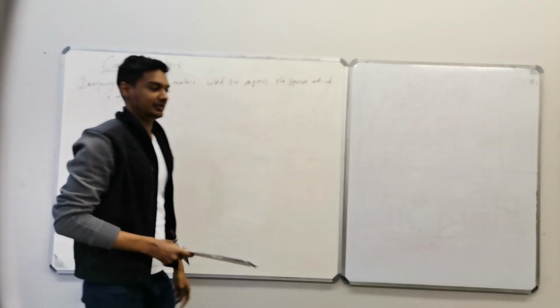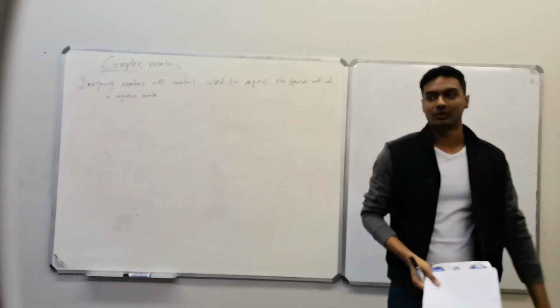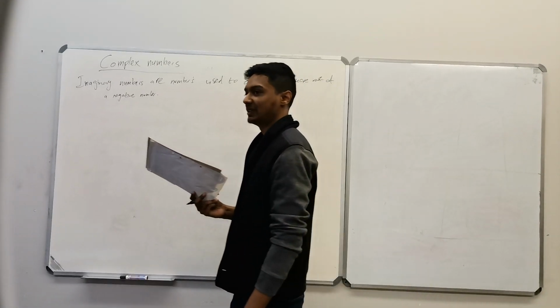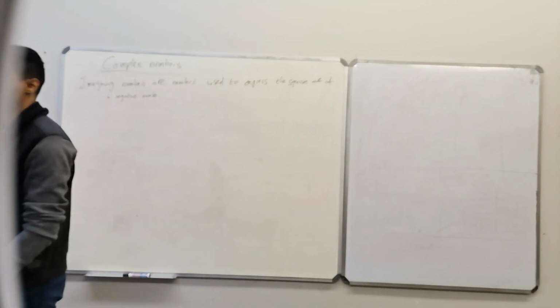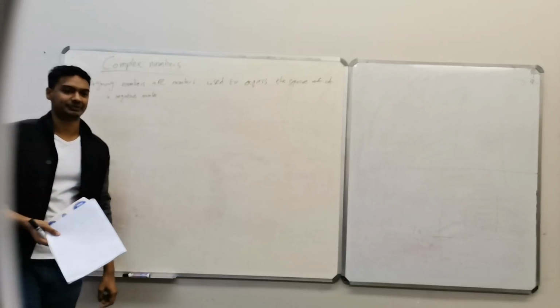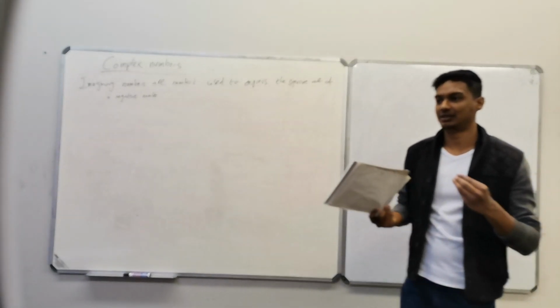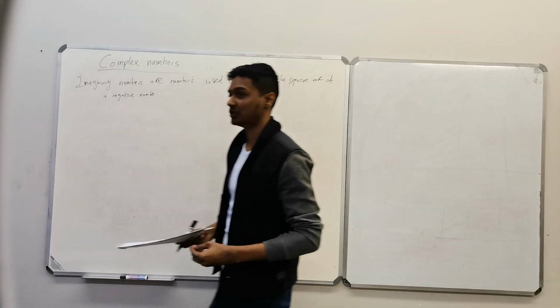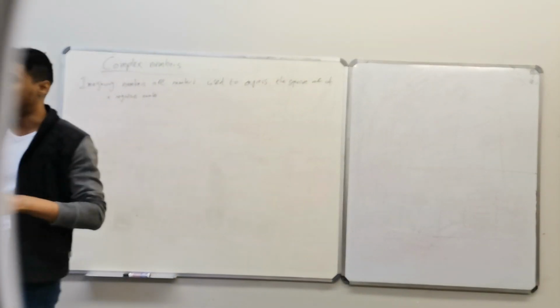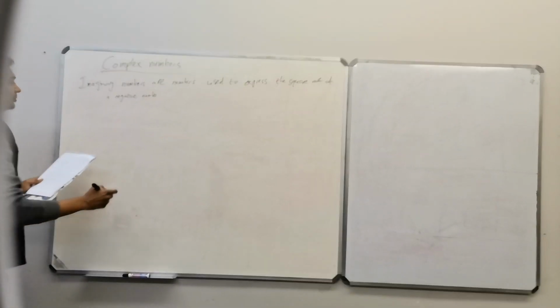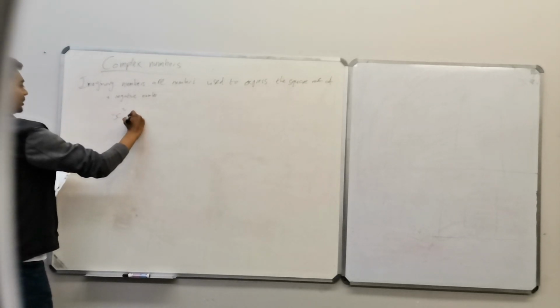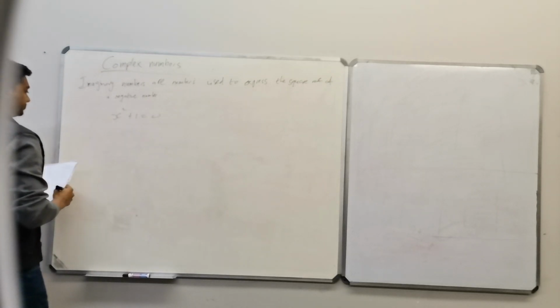Okay, that's a good definition of it. If you ever tried square rooting a negative number, you always say error. But sometimes we do get square roots of negative numbers in our solutions, and we need to work through it. So for example, if we have x squared plus 1 equals 0,